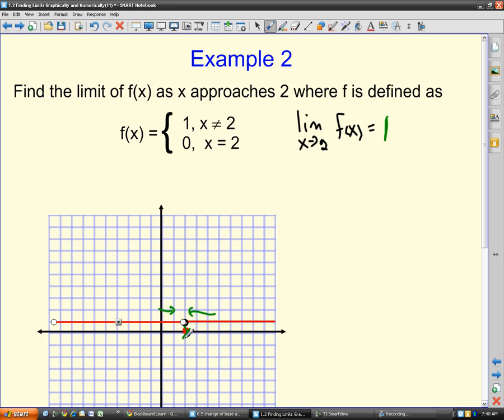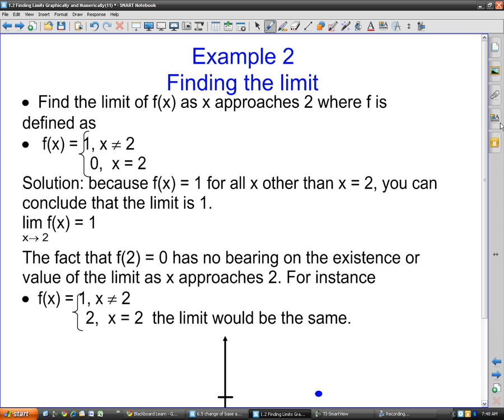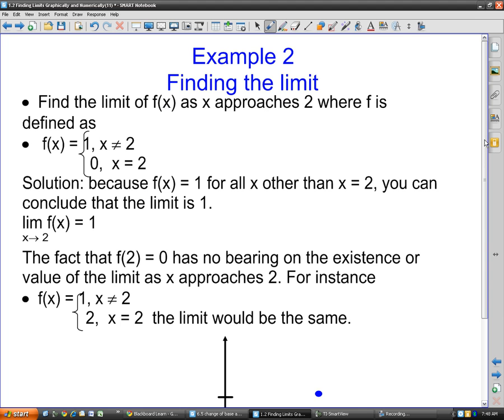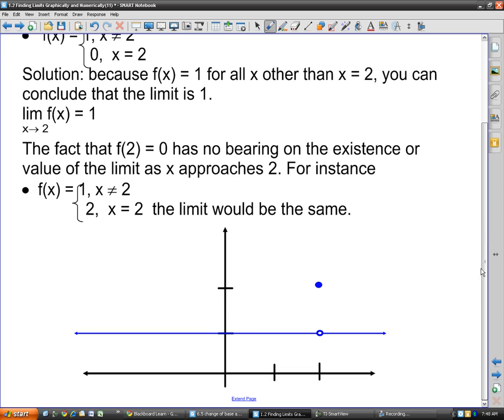And so you can look, we'll go through this. This is a little bit different graph, but it's still the same idea. The limit is still 1, even though the point is somewhere else. And so the only difference is they said it was 0 when x was equal to 2. Same idea, though. So then what happens